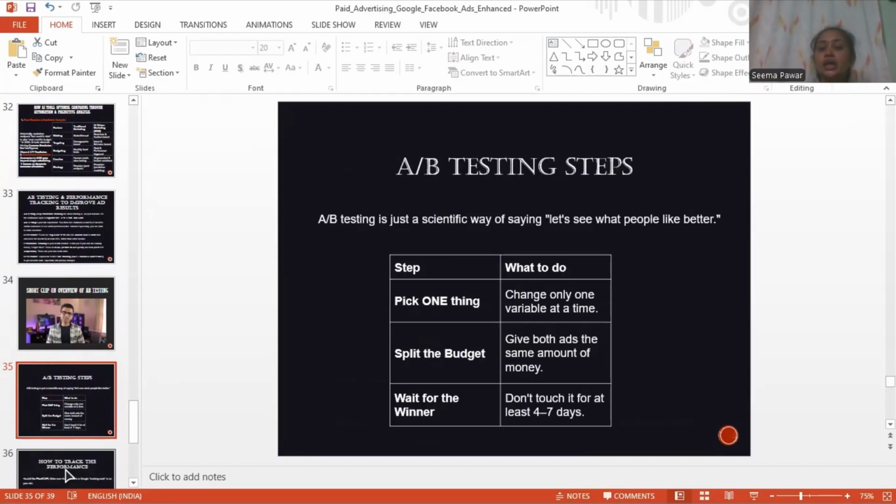For doing A/B testing, three steps are required. The very first step that the company has to follow is to pick one thing. That means the company has to find out the different versions, as we saw in that clip, that there are two different versions, and the company needs to check which performs better. So that one thing the company needs to pick